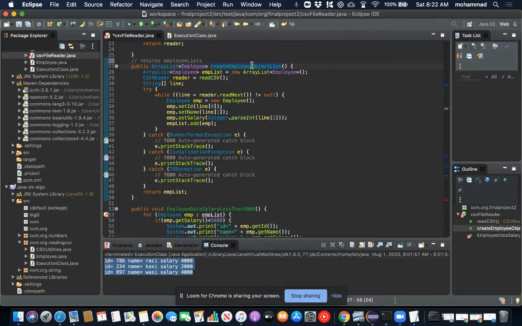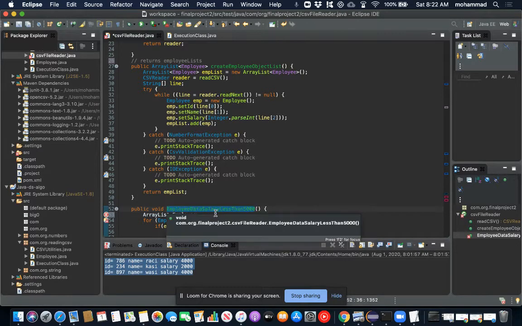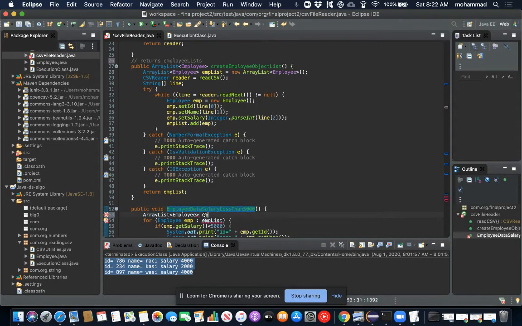What we are going to do is we need to call this object, array list employee, and we'll call employee list is equal to new object.